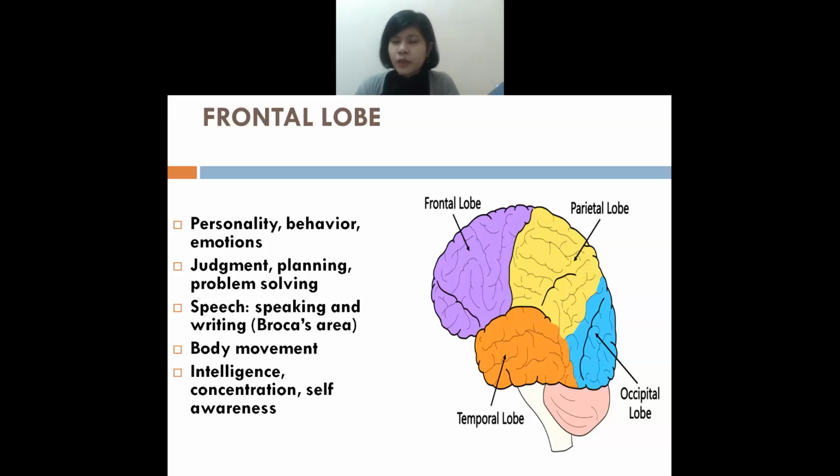Next is self-awareness. Self-awareness in the sense like, if something bad will happen to you, you are self-aware, I mean, cautious about that. If something good will happen to you, also the same thing, you are aware of those things. So these are the things that the frontal lobe helps you in functioning. I mean, it helps you in performing all these activities which you do.